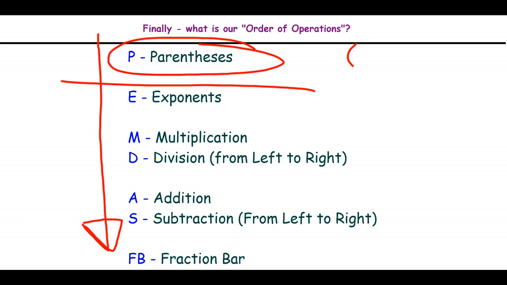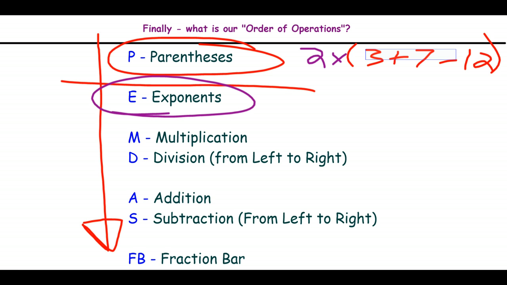So we could have 3 plus 7 minus 12, all of that multiplied by 2, but because they're in parentheses first, we'll solve it first. E stands for exponents, so we'll solve anything with a power or an exponent. As a quick review, if we have 3 plus 5 quantity squared, we need to do what's inside parentheses first